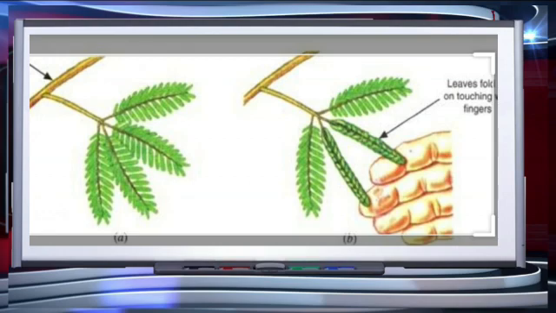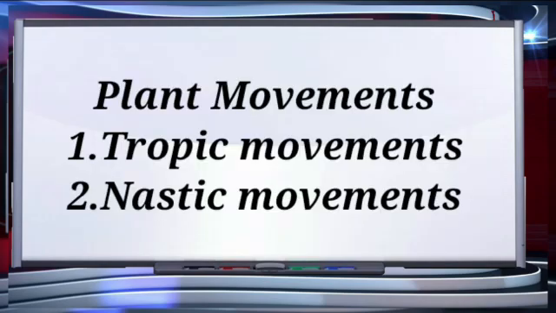This slide shows immediate response to stimuli. When we touch the touch-me-not plant, the leaves droop immediately. It means that there is a system which communicates the information of touch from the point of touch to the point of movement. Plants use electrical and chemical means to conduct information from cell to cell. This is an example of movements independent of growth.